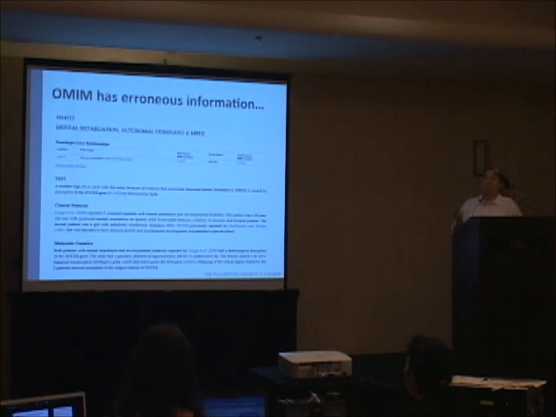Just a little note on OMIM, which I think is one of the greatest resources around, so don't get me wrong. I think it's a fantastic place to go for clinical grade information, but it has erroneous information too, and you just have to be careful when you're looking. So one of my favorite examples is the gene DOC8, which is on 9p, and some of you may have had reports of DOC8 deletions in your patients. It's a common finding. There is a report of association with autosomal dominant mental retardation. Two unrelated individuals with cytogenetic aberrations both had mental retardation and developmental disability, fairly nonspecific indication. And so it made its way to an OMIM entry associated with the syndrome.